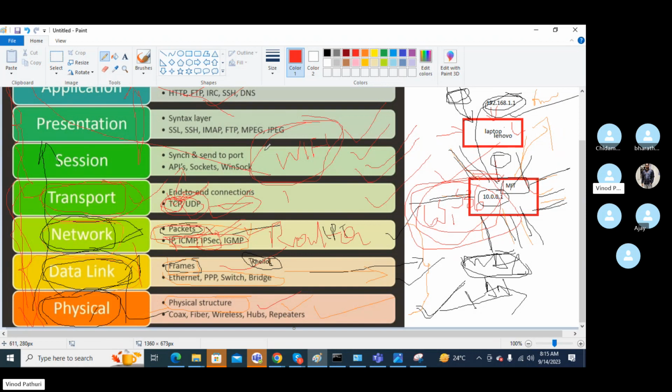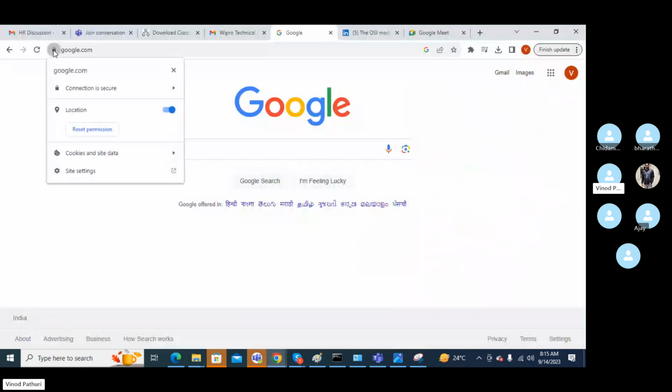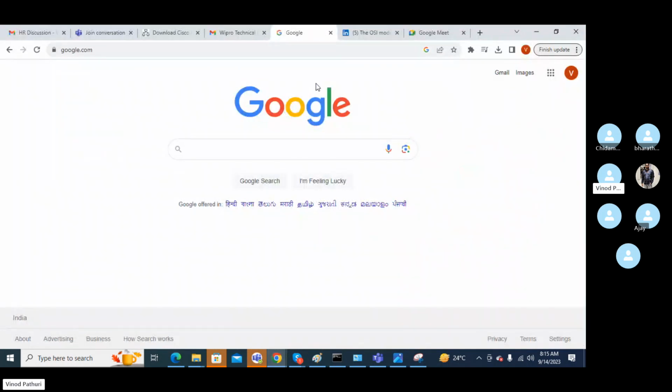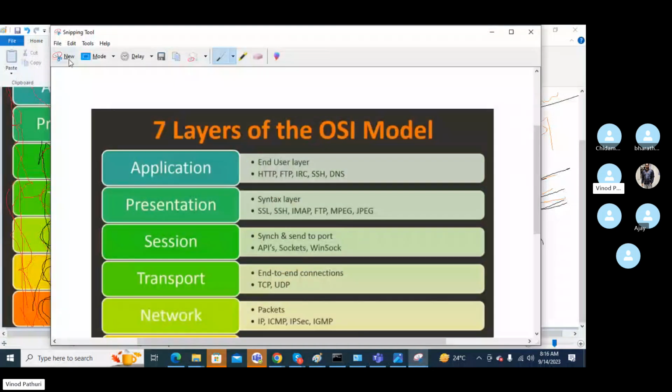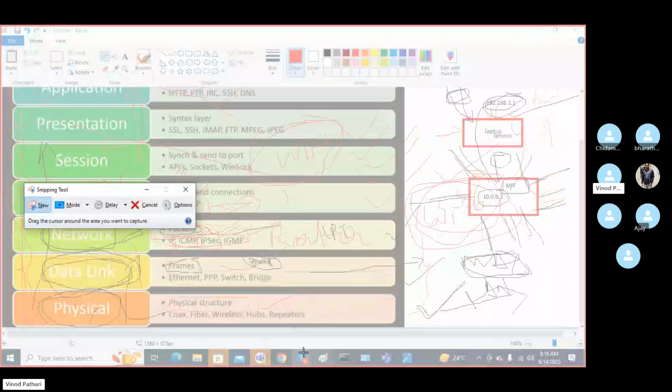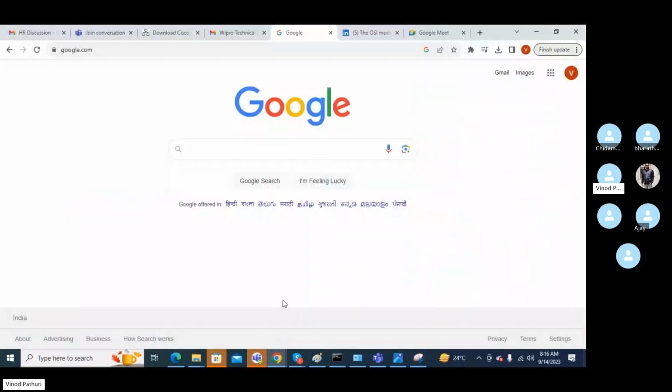And so coming to the session layer. Now you are connecting to Google. So I have connected to Google. The session layer is responsible for establishing the session between me and Google, or whatever the application is.